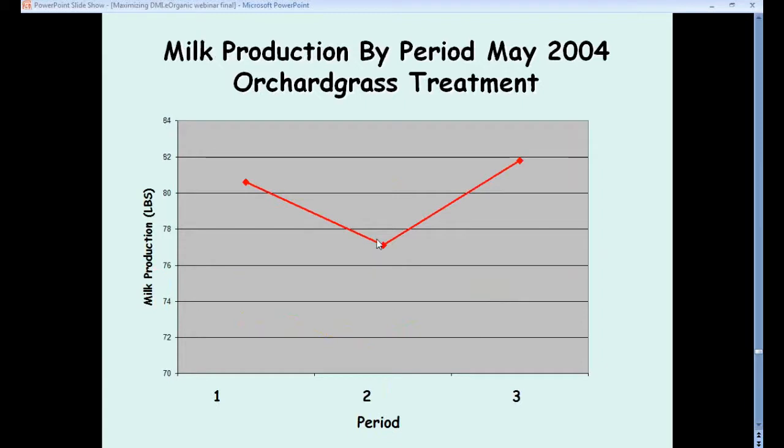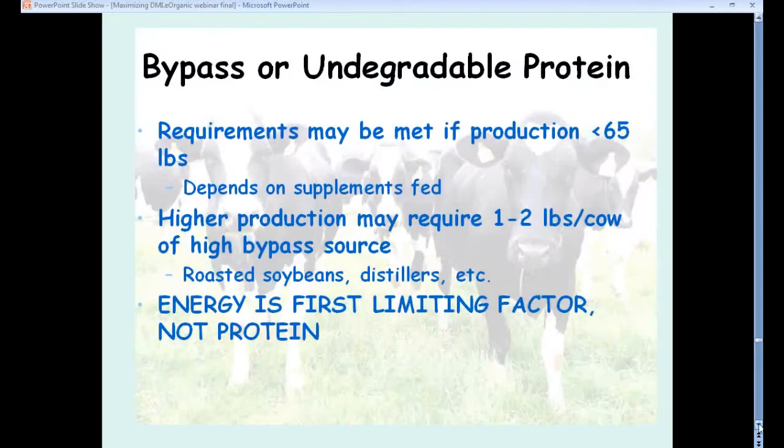Milk production, when he went to the 21%, dropped. And that is likely a combination of the cows not eating as much pasture out there, although intake was not being measured in this study. And it's also probably due to the fact that the cows then had to use energy to get rid of the ammonia that was in the rumen by converting it into urea. So kind of some neat